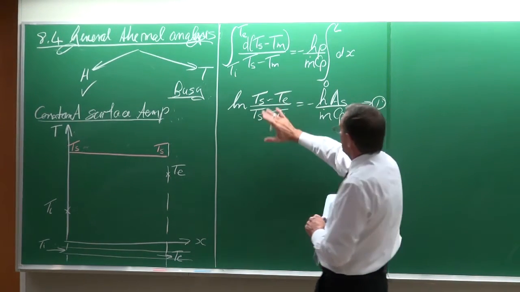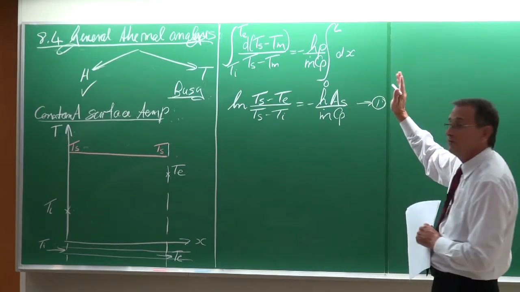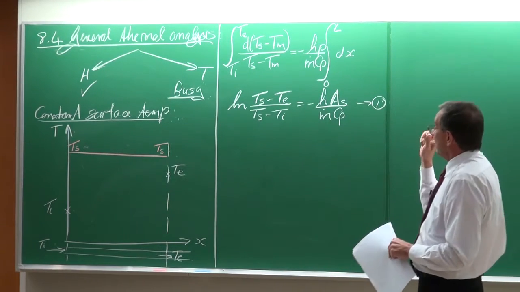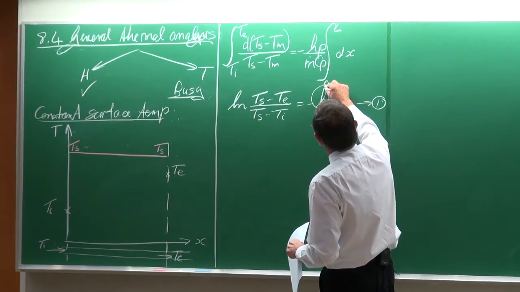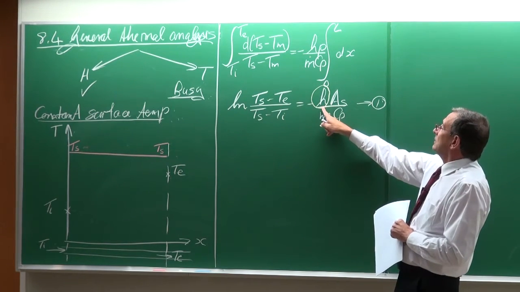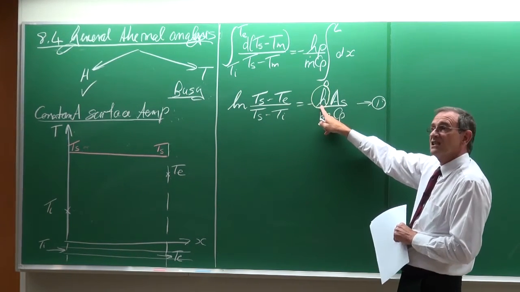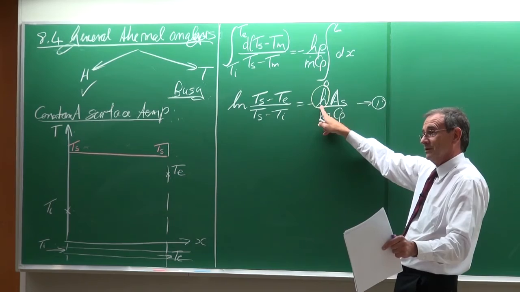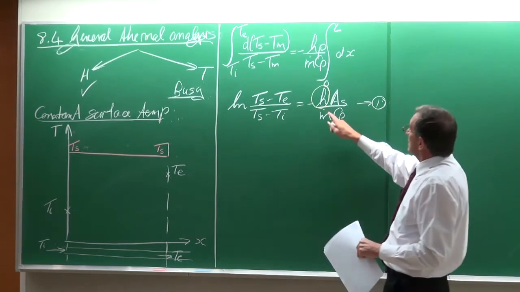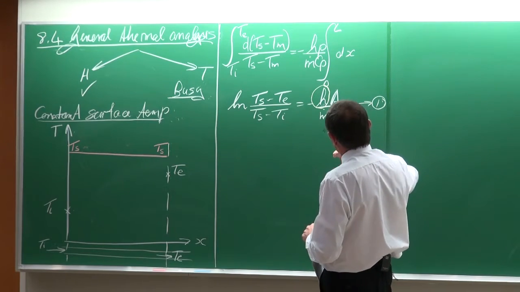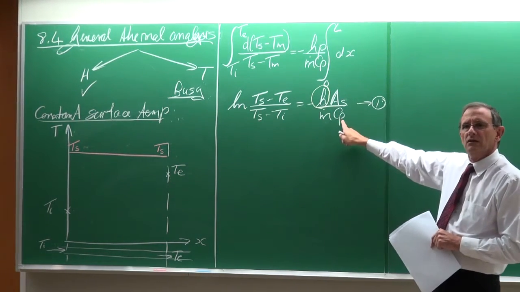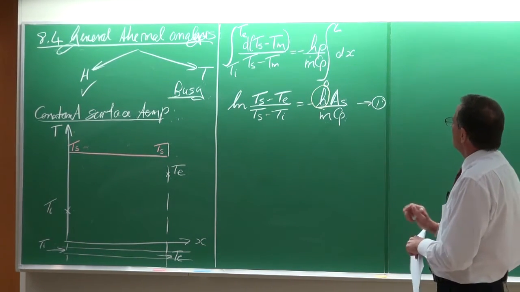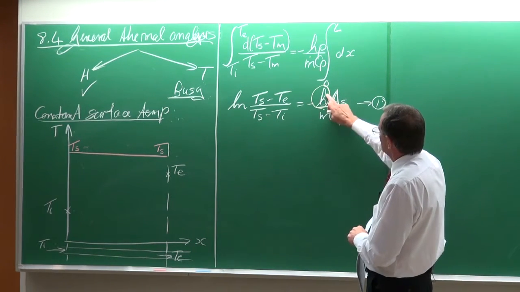So the ln of this temperature distribution is equal to minus the heat transfer coefficient multiplied by the surface area divided by the mass flow and Cp. However, to do this integration, we've made an assumption. Okay, and the assumption is that this heat transfer coefficient is a constant. And we know it is not a constant. Okay, we know it changes. So we have to take that into consideration. So in general, that is the assumptions that we have made, but we have to remember that one is very